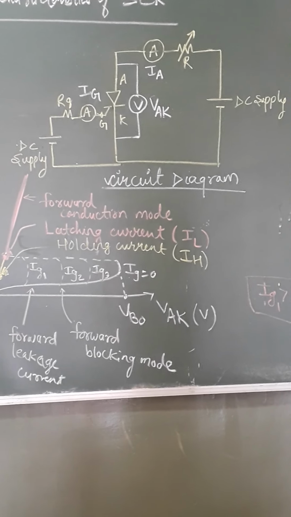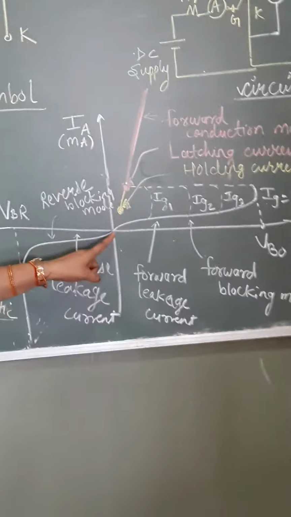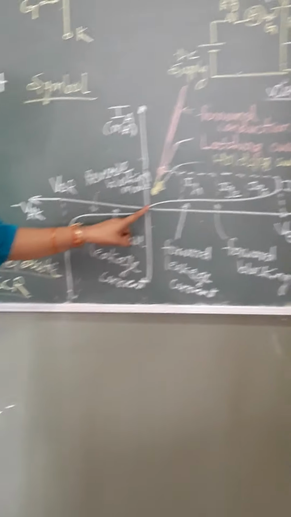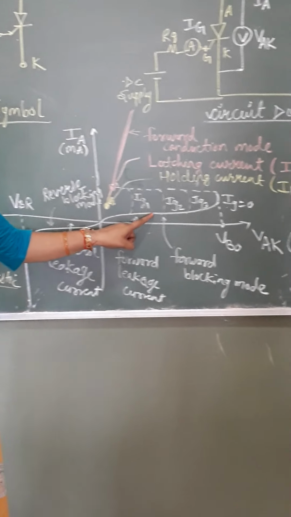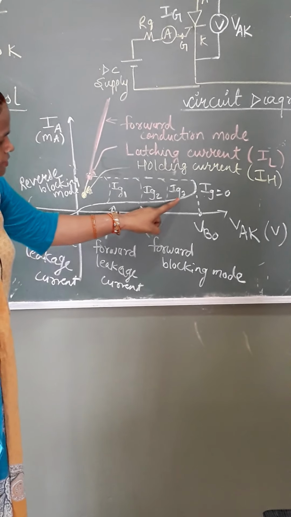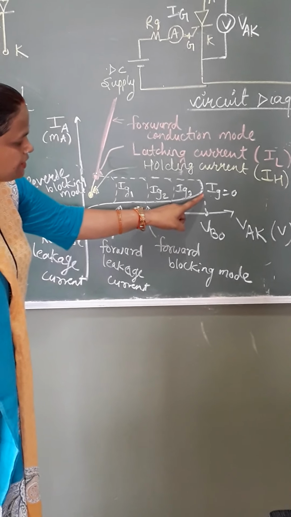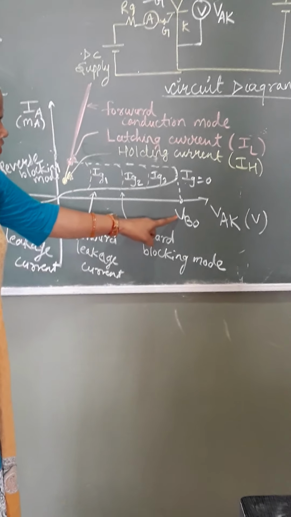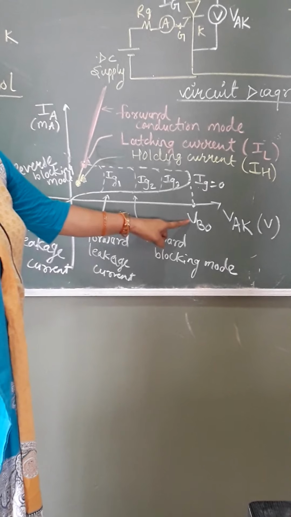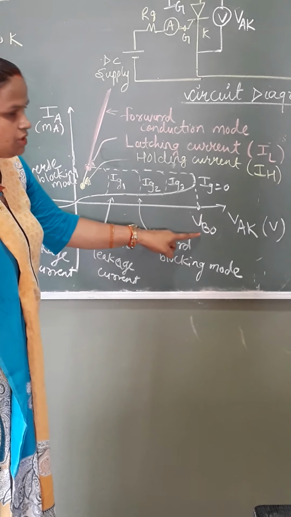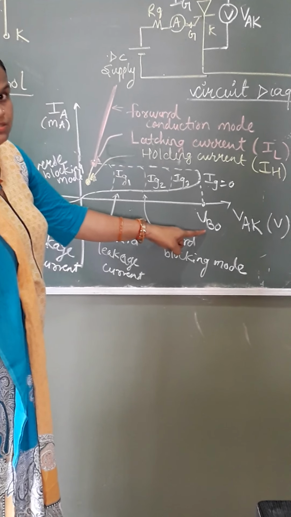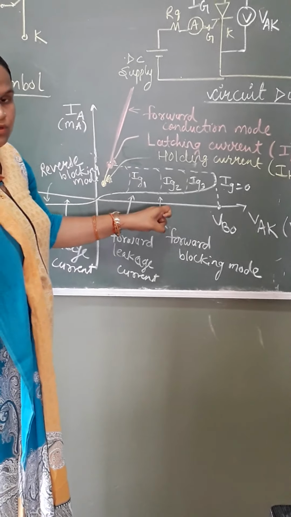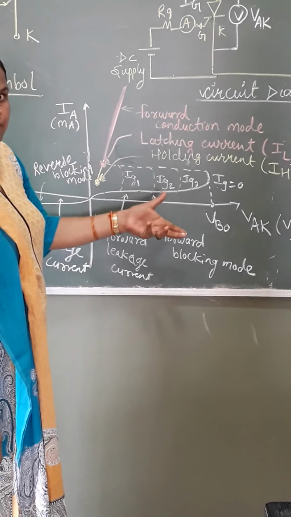So here the characteristic looks like this. When anode voltage is positive and you go on increasing the anode terminal positive, a point will come where the device, without a gate signal, can also be brought into conduction. J2 can be broken down. That particular point is termed the breakover voltage. But we need not do it like that because continuous operation may damage the device. So let us keep the forward voltage less and apply the gate signal and break the J2 junction.